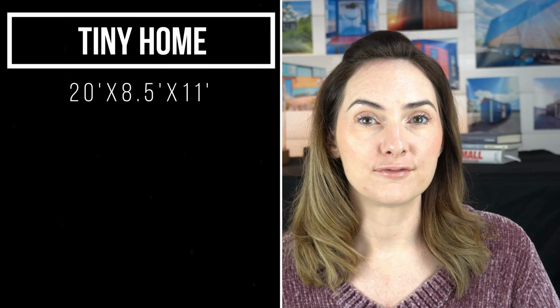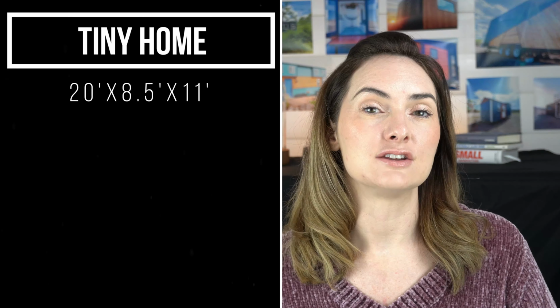Now, this is all a hypothetical. So this tiny house is going to be 20 feet in length, 8.5 feet in width, and about 11 feet in total height with a single loft. We're taking into account that we want to frame out both the subfloor and the ceiling with 2x6 to allow for more room for that R30, R36 insulation. So to frame out a 20-foot tiny home on wheels with that singular loft, you're looking at spending about $1,200